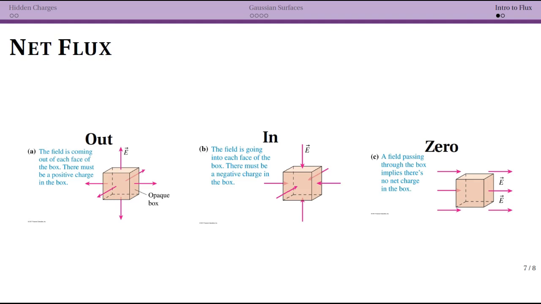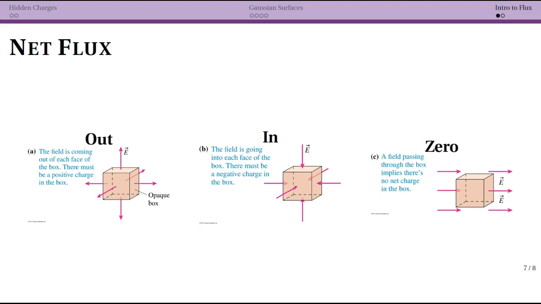Now that we've talked a little bit about Gaussian surfaces and the idea of those hidden charges, we're going to pull it together. This is going to introduce the idea of flux, and flux is going to be key to Gauss's law. So there's a few terms here that are going to be a little bit tricky, and I'm just going to start off by saying, and I'll come back to this multiple times and in multiple ways, flux is